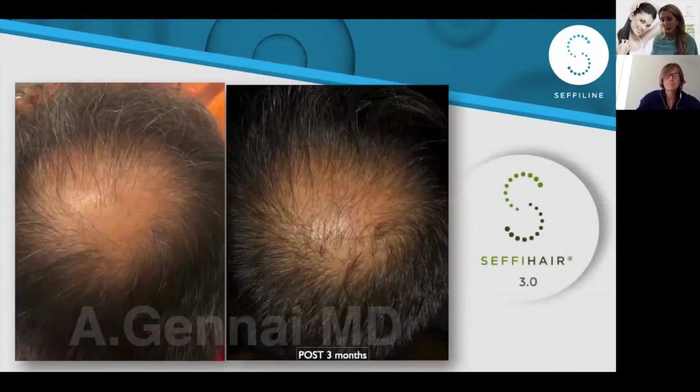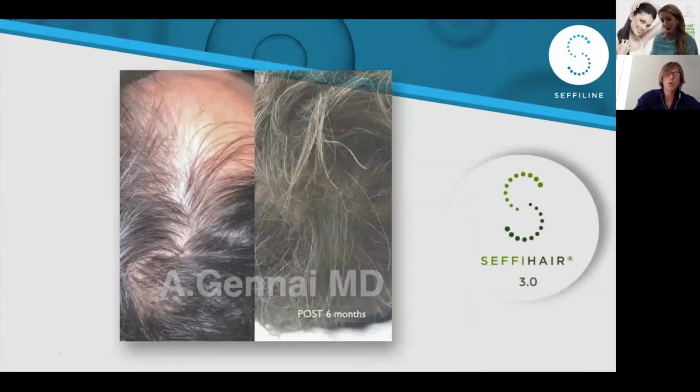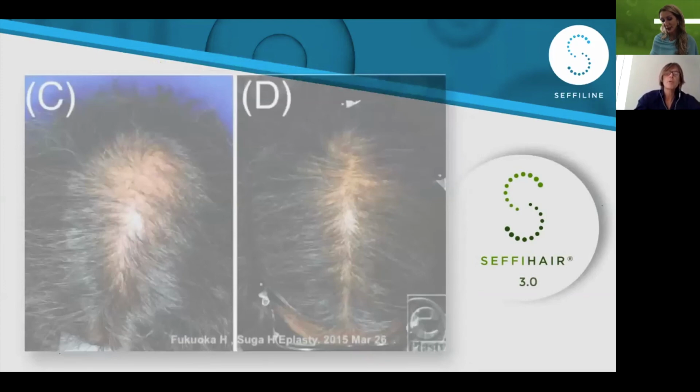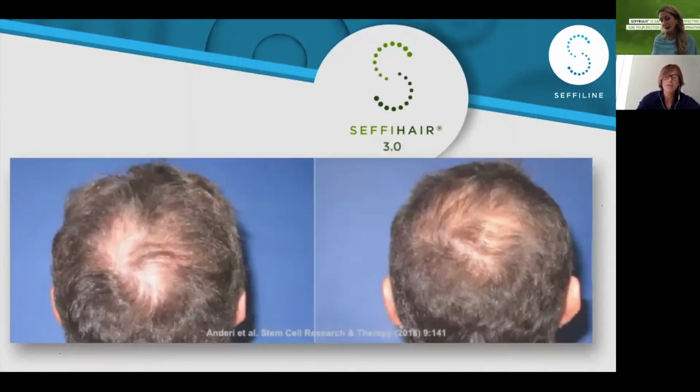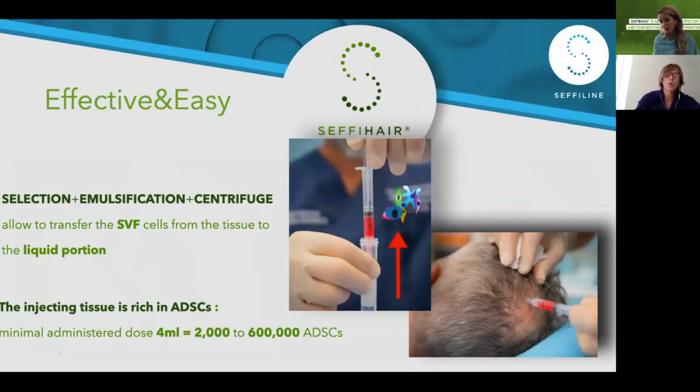Some result with only the treatment with regenerative therapy, you have some result you can see here. This therapy is easy and effective, and you have to combine selection of tissue, emulsification, and centrifuge. And so the stromal vascular fraction cells move from the tissue to the liquid portion. And more or less, with this technique, you are going to administrate to our patient in 4 ml of tissue,